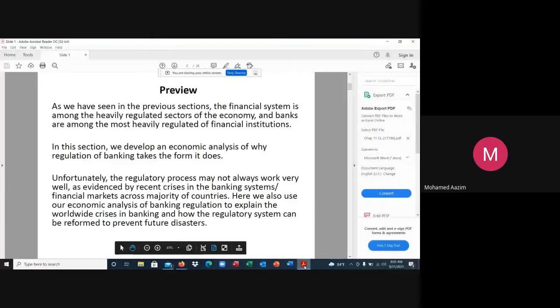For instance, you will have health, education, defense. Those also come under significant regulations by countries. But the financial system, the financial sector, and the banks are also among the most looked after as far as regulations are concerned. So in this section, we are trying to develop an economic analysis, because from a perspective, the entire course